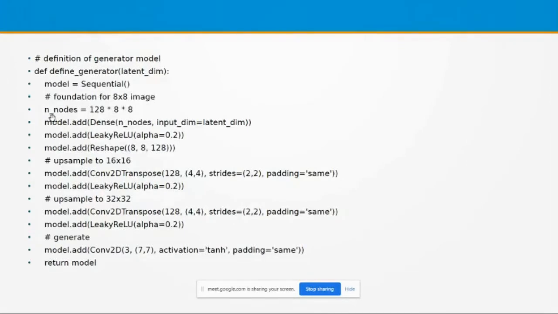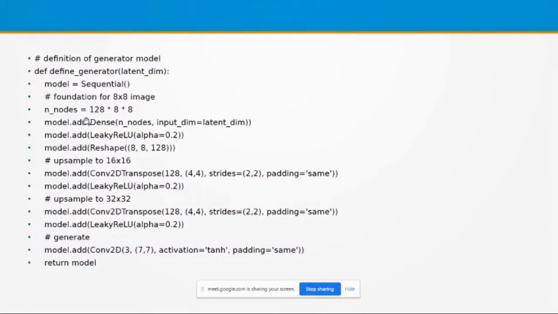This mapping is actually done with the help of a neural network, and inside that neural network, to map that information, I have to include 128 into 8 by 8 nodes.